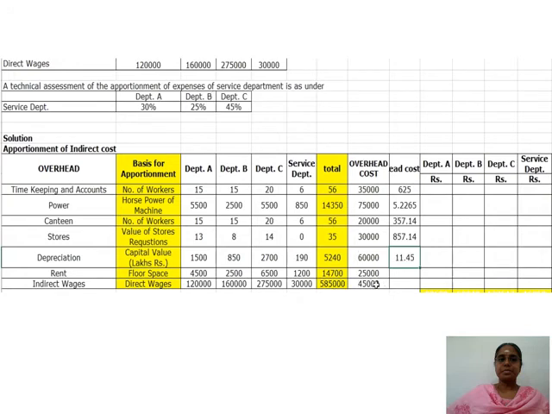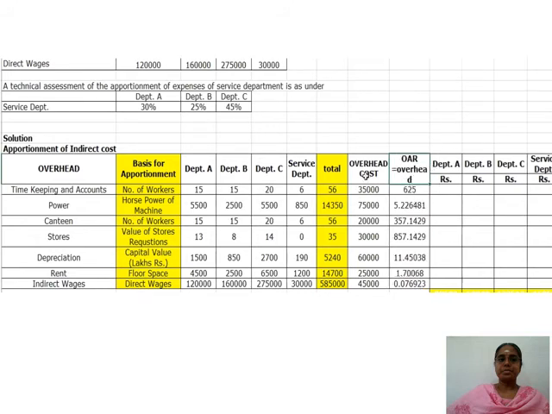25,000 divided by 14,700. 45,000 divided by 5,85,000. So you do not think that it should be a whole number. It can be anything. The total may be different. The overhead, you don't have any relationship there. So it may be a decimal or a bigger number like this, 857 or 0.07. Anything may be your overhead